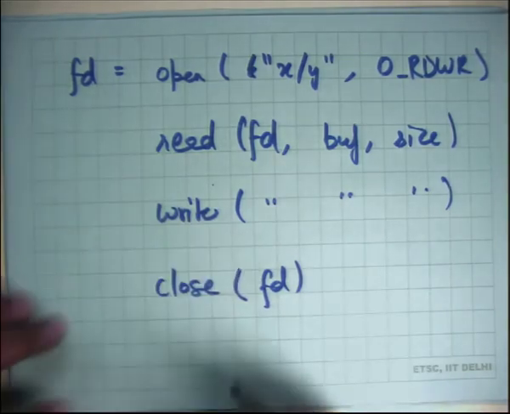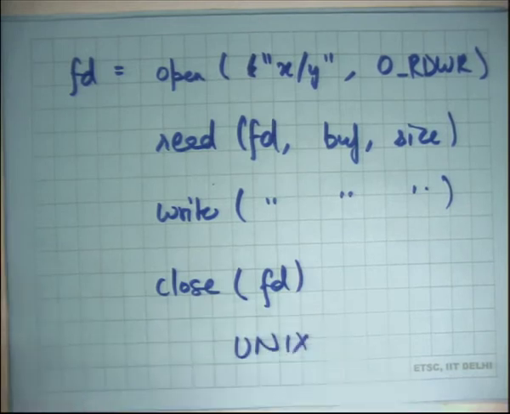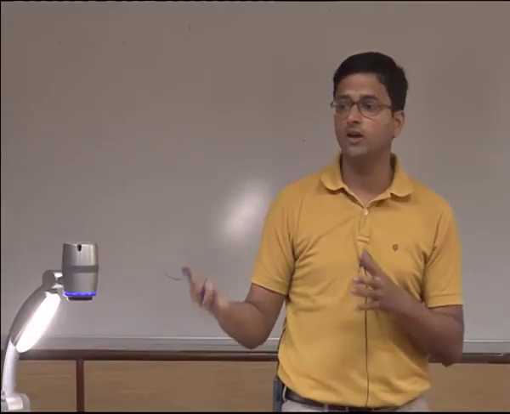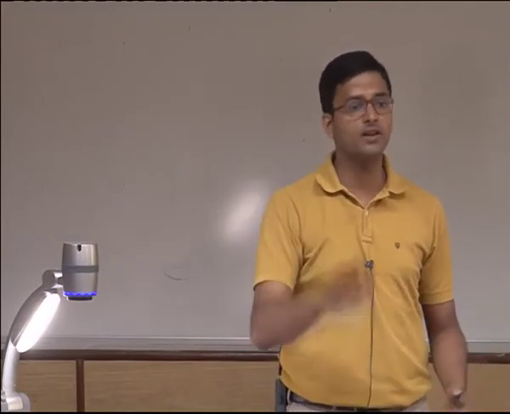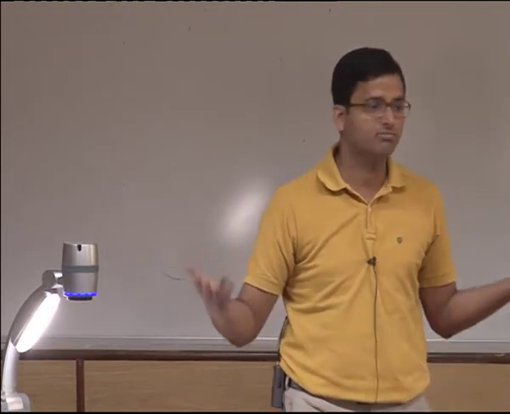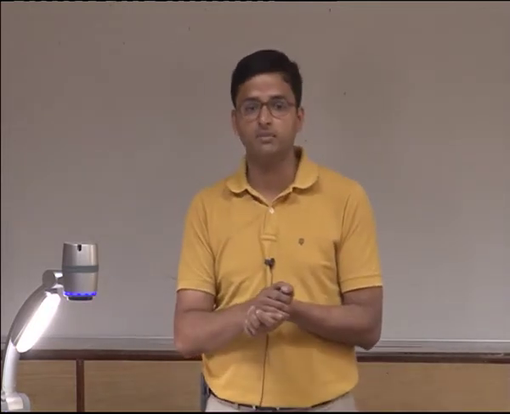Let's say this was Unix. This interface treats a file as a stream of bytes, starting from 0 till some maximum length, and that's it. There is no structure on the file. It's completely unstructured. On the other hand, the other option could have been that files have some structure. For example, you could have said my operating system provides files which are a sequence of records where each record is of size 64 bytes, and the first field of that record is a natural number, just a 4 byte number.